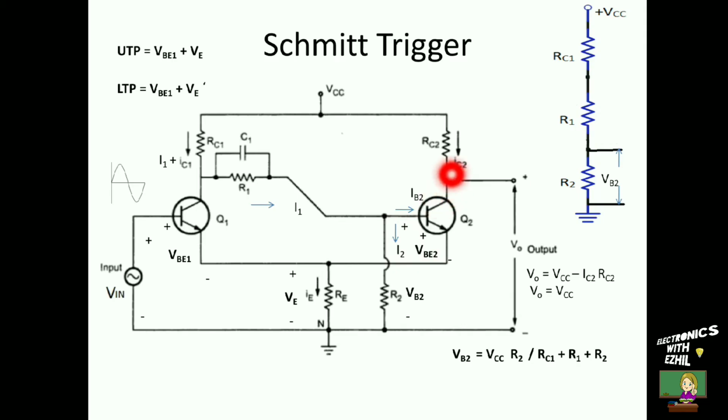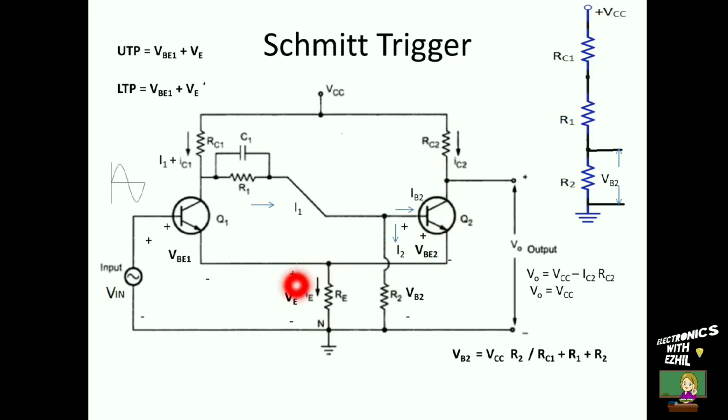This is sufficient to turn on the transistor 2. Once it is on, collector and emitter terminals are getting shorted. So more current will be flowing through the collector terminal. As a result of it, the emitter current IE also flows through the emitter resistance. You know that the emitter current IE is equal to IB plus IC, which is approximately equal to IC. This emitter current IE is due to the collector current IC2.